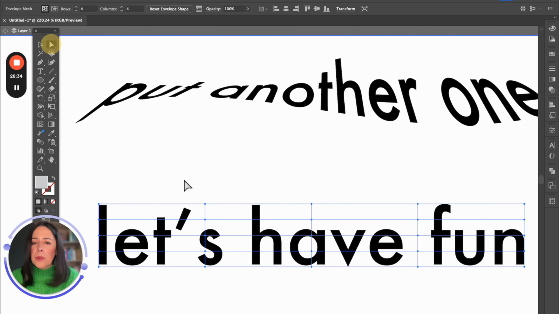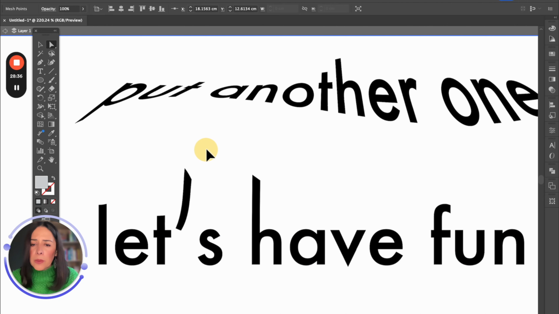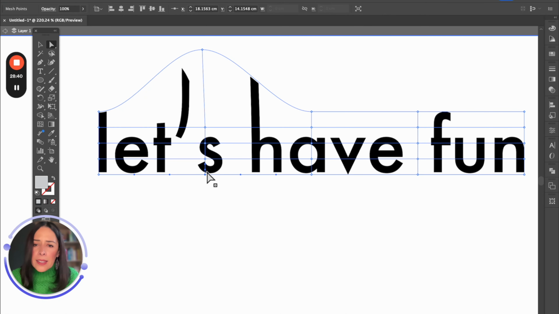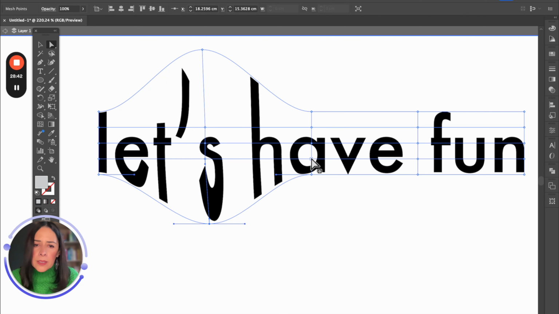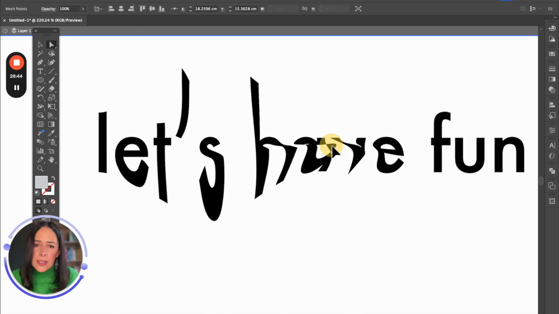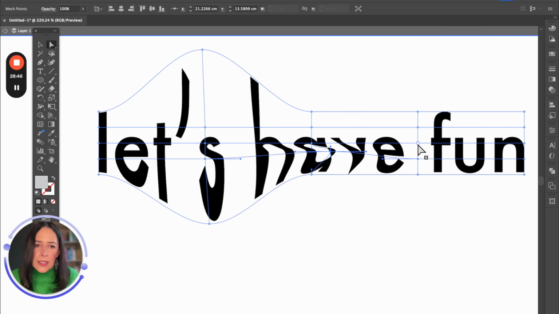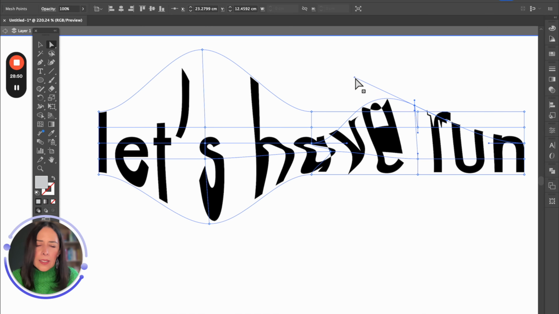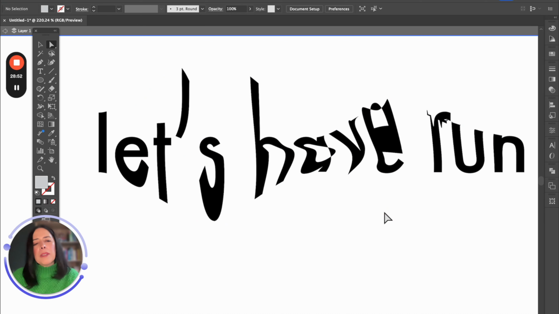With the white arrow, I'm going to be capable to do the following distortions, as you can see here. And let me move this one. I can have this here, and here, and here. Okay? Now, maybe right now the result is not so beautiful, but if you want to share something that is wavy,